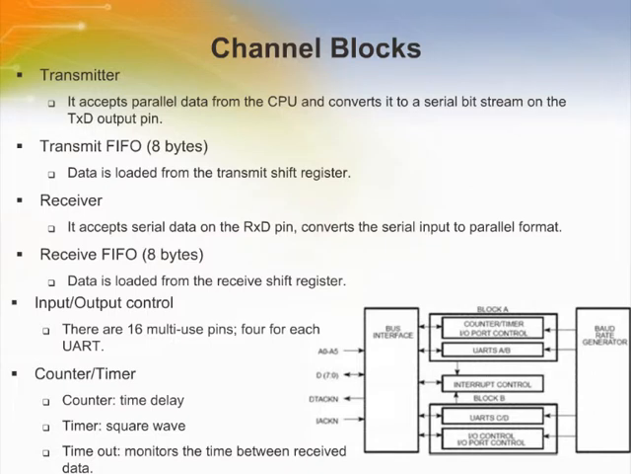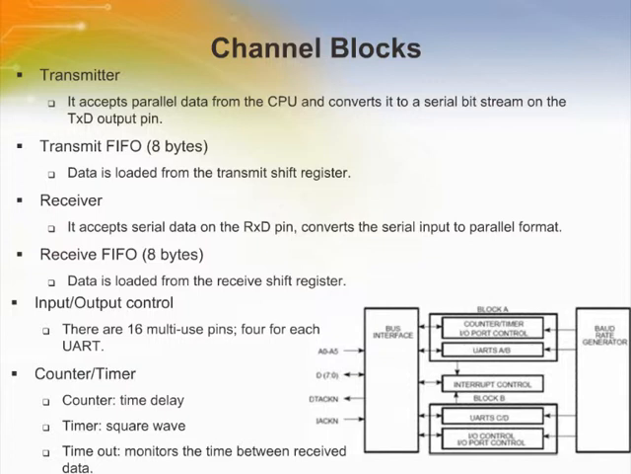There are 2 blocks each containing 2 sets of receiver transmitters. One block contains channels A and B, and the other contains channels C and D. The QUART Universal Asynchronous Receiver Transmitter has 4 full duplex asynchronous receiver transmitters. The transmitter accepts parallel data from the CPU and converts it to serial bit stream on the TXD output pin. After the transmission, if there is no new data in the transmit first in first out, the TXD output remains